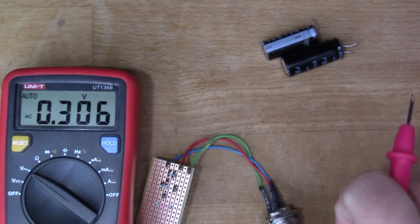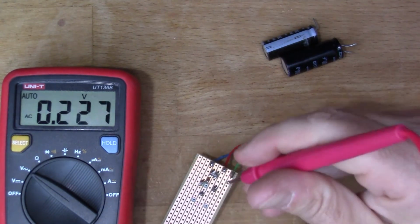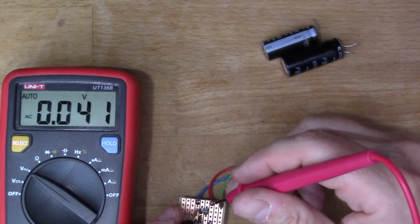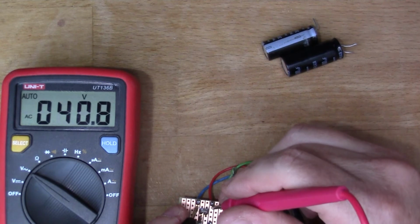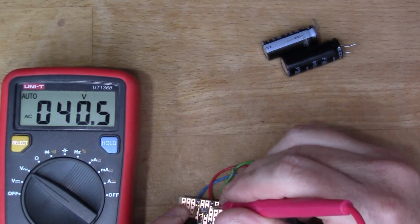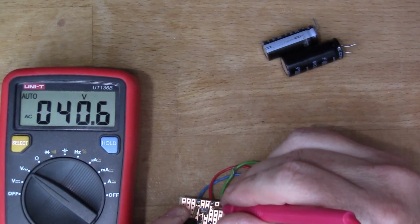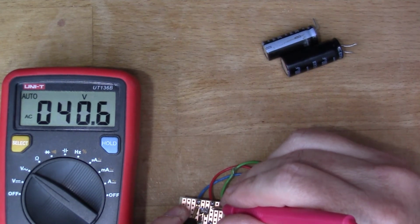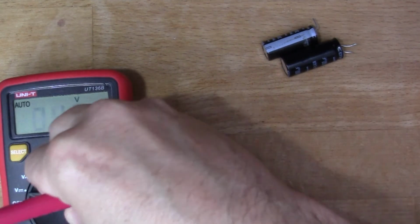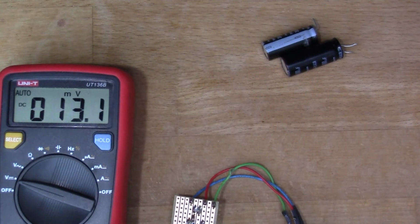So first of all, I'm going to do an AC measurement. Just measure the AC voltage coming in. We've got 40.6 there. It does vary a bit because this transformer is obviously completely unregulated. So we've got 40.6, and now we'll measure the other side of the